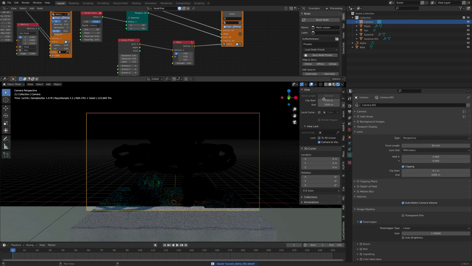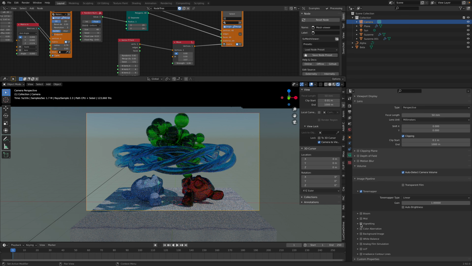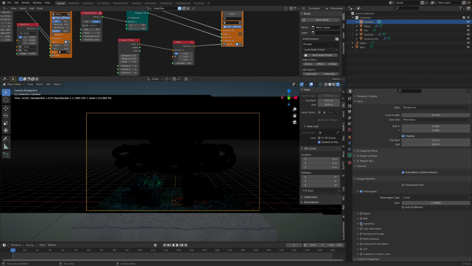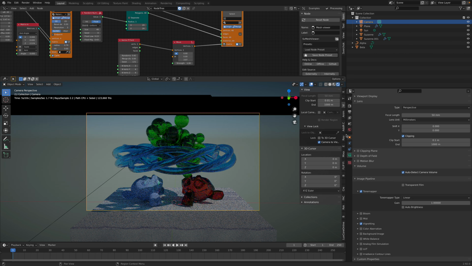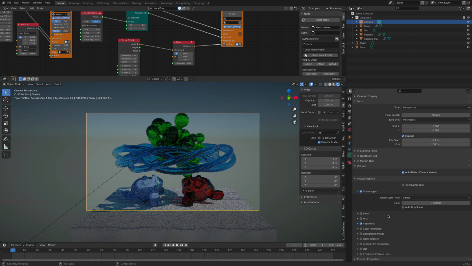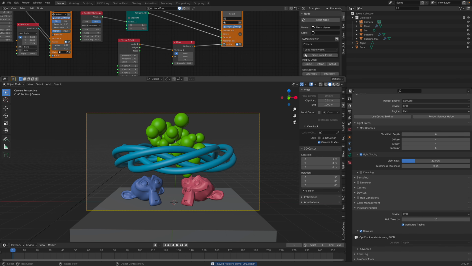I can render this out. So with the camera selected, there is this option like vignetting. We can do vignetting, which actually should work if you render this out. There's also tone mapper, bloom. If we render this out, by the way, so far we have only looked at this from the viewport rendering